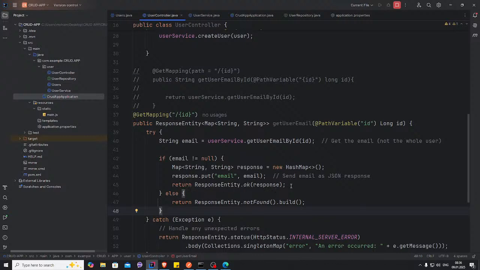Okay, response. I'm not sure about this part of the code yet. I know I specifically used hash map. Why not something else? I mean, map is understandable because it holds two values. But if I want to give the string only back of the email,